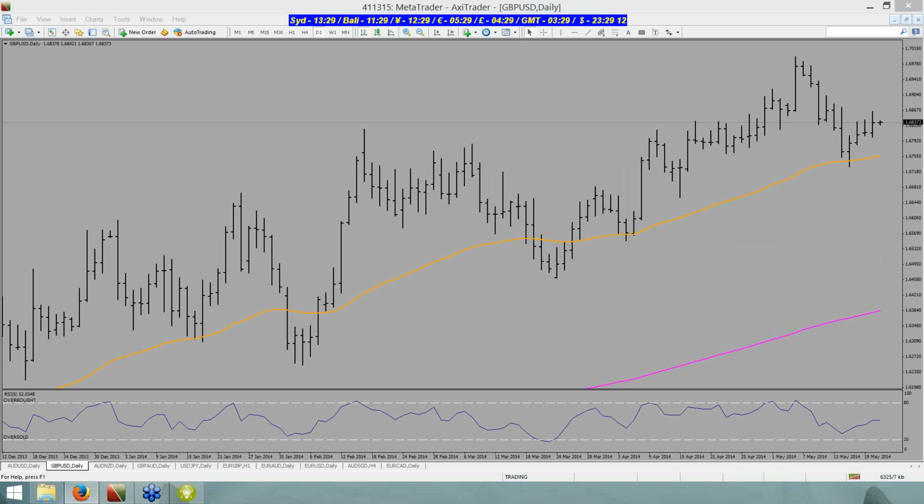And an email: accidentally opened cable long, closed straight away for a 50-cent loss. Couldn't hold it open because I didn't enter with the proper buy stop and analysis, even though it was thought to be the right direction. It was a slip of the finger. Looks good this week though. Okay. Yeah, cool. That is it for today's session.